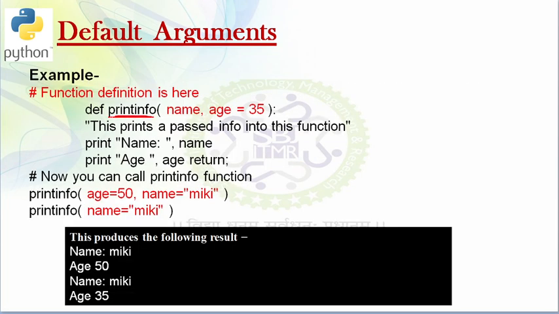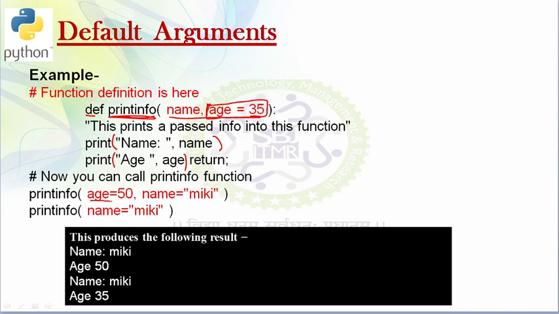Consider one definition. I have defined one function as print info, and it is taking 2 arguments, name and age. Here I have defined a default argument as age, this age variable is a default argument, and here I have defined a value as 35. So now it will print the name and it will print the age, and after that it will return. Okay, so now when I call my function